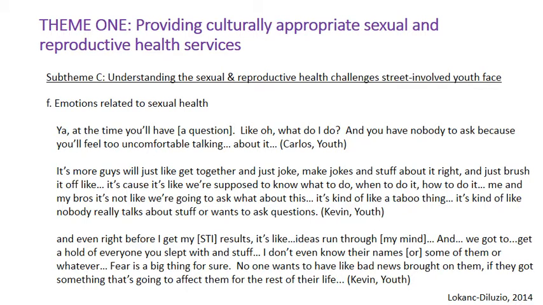Emotions related to sexual and reproductive health. In terms of getting help, youth describe feelings that can prevent them from seeking information or services. For example, one youth, Tony, explained, he spoke about comfort. He said, like having comfort, feeling comfortable talking about it, I guess is a very important issue. Because a lot of people are shy and try to laugh it away, or try to tell jokes. Like when the ladies come to talk about sexual health, a lot of people keep goofing around.